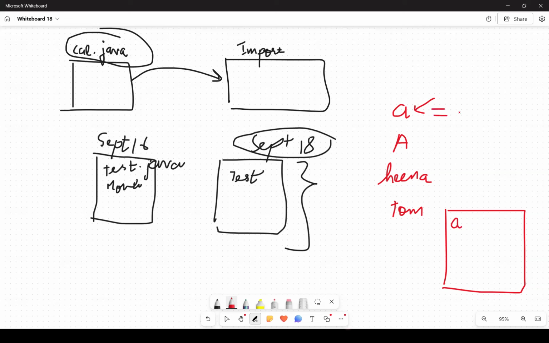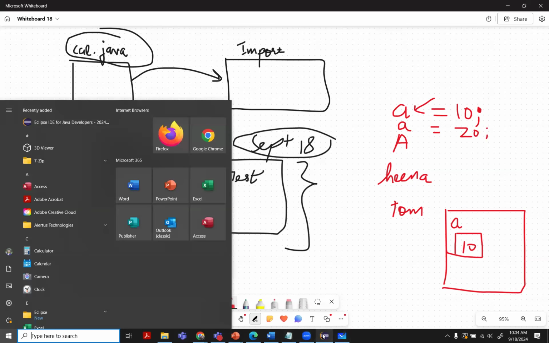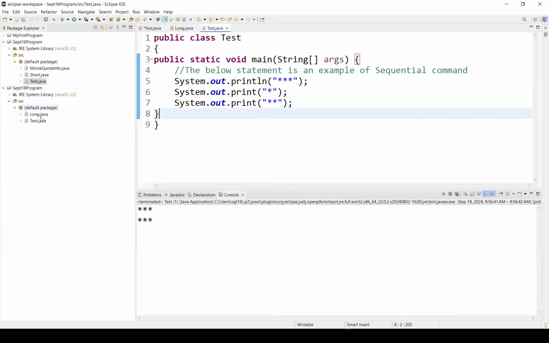So let's suppose I say lowercase a is equal to 10. So in our memory, a small space would be stored, and that space would contain this value, which is 10. Now let's suppose I want to change this value. So in our program, what I can do is a equals 10 followed by a semicolon. And then I will say a equals 20 and then a semicolon. So I can write this program quickly so that you can see in my test program over here, I create